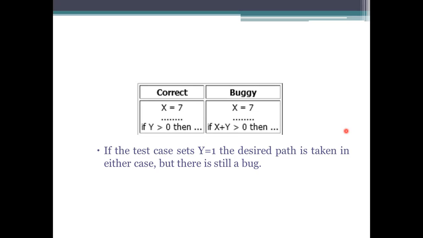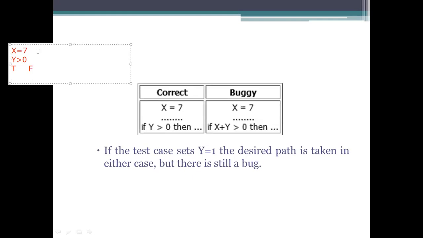So let us interpret this predicate. Interpretation of the predicate means seeing the values being used. The predicate is y greater than 0, and we have another statement, x is equal to 7. Whatever the value, there is no change here. So we need to write what the true values and false values are. The true values will be 1 comma infinity,